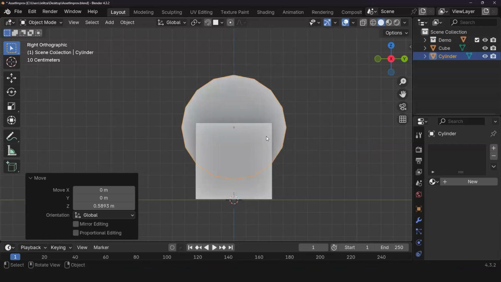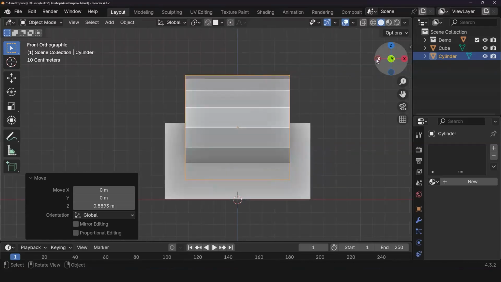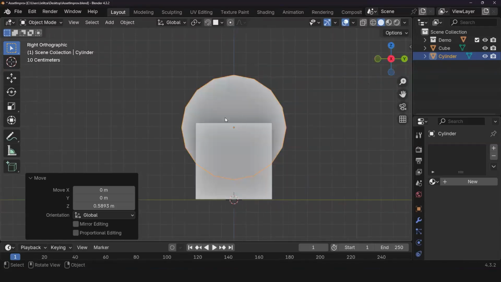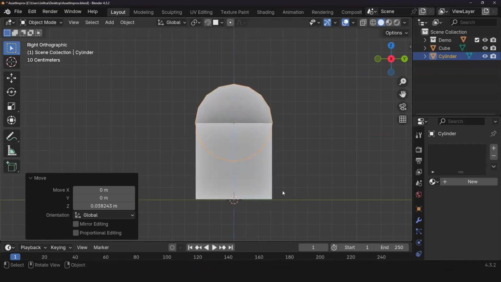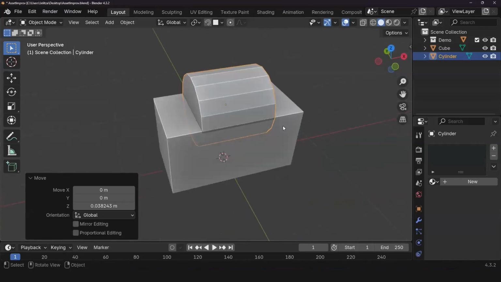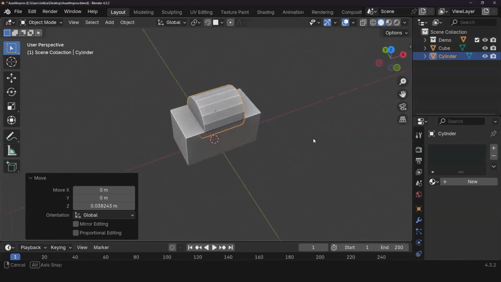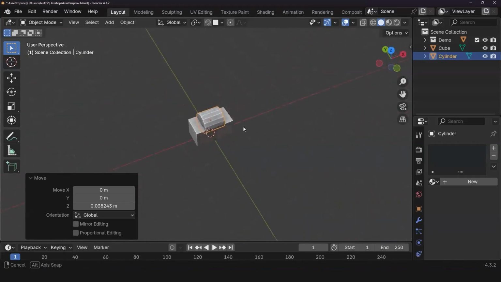I like to keep everything there because it allows me to be a little more symmetrical with my build, you know, make sure that everything is nice and organized as such. So let's scale this down. I think that's good. G and then Z. Mind you, as I'm building, I'm truly using the axis.